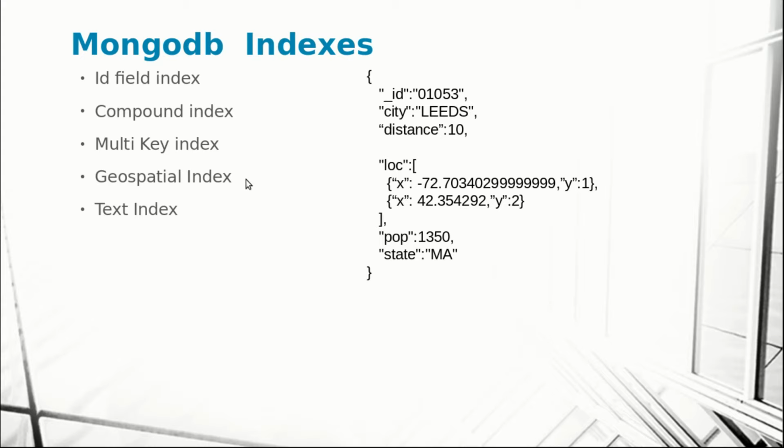It supports geospatial indexes. When you are storing geographical information, spatial data, you can index using a geospatial index. It also supports text indexes, which is not an available feature in relational databases, so you can perform full text search with MongoDB. MongoDB is a flexible database which supports an array of index types. Based on your preference, you can pick indexes and optimize your queries to achieve phenomenal performance in MongoDB.